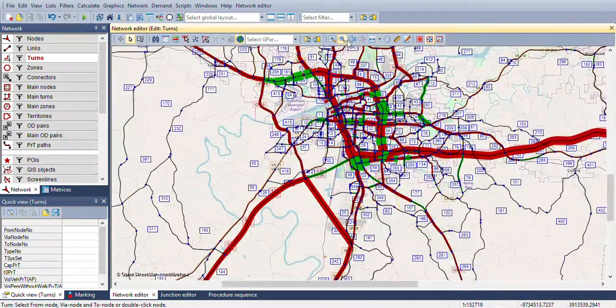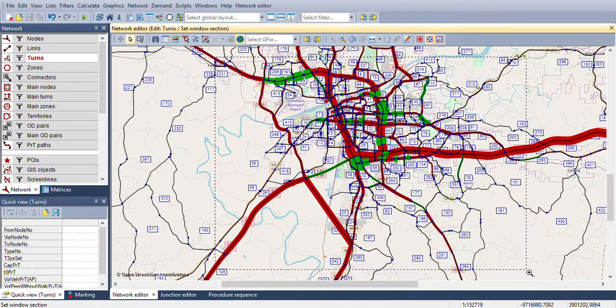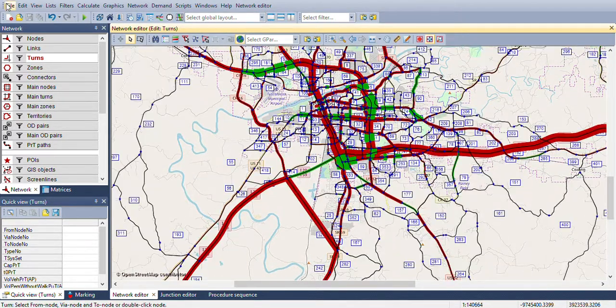So then you can just zoom back out to about where you thought you had it before, and then go back to File, Export Graphics as a JPEG, and then you can compare the two. Now when you save this, you want to save this as a different version. So you're going to have your base file version, and then you're going to have this as a separate version. So it's going to be Tuscaloosa 2015 new connector to Joe Malisham, so that you have two separate files for this,